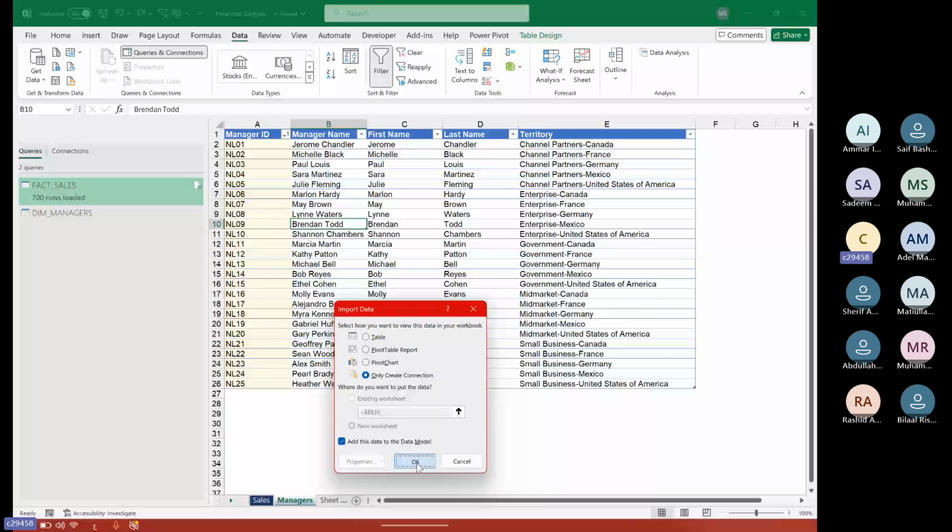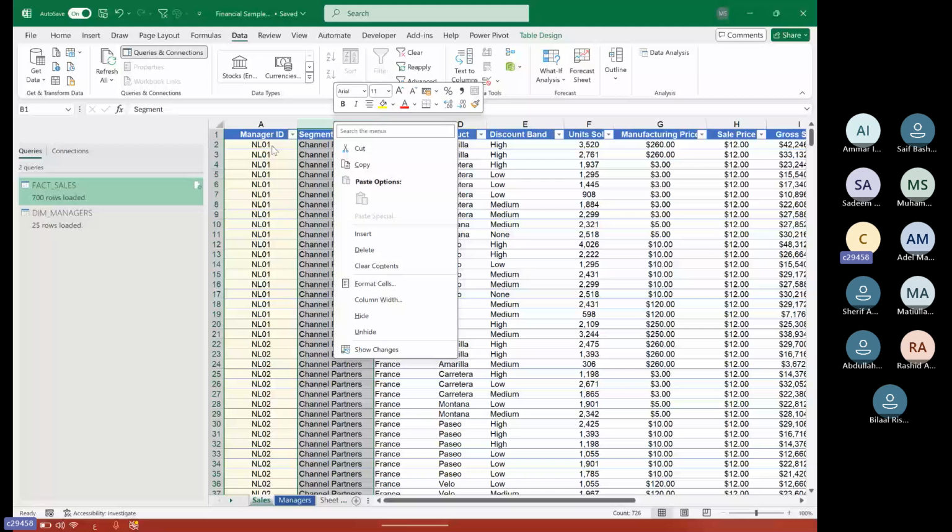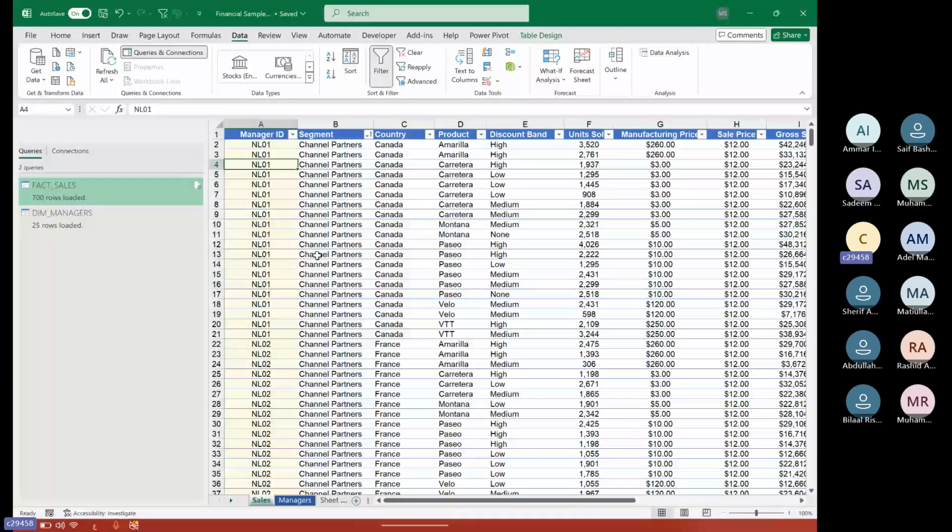And from it will load this here. It's loading. We have 700 rows in the fact table, and in the manager table we have 25 rows. So if we need this column to make a report with the manager name, of course we will not put the manager name in this fact table. It will repeat 700 times. Can you imagine this? And those 700 lines will repeat every month. So think about how much data you would need to add here, the volume of this.